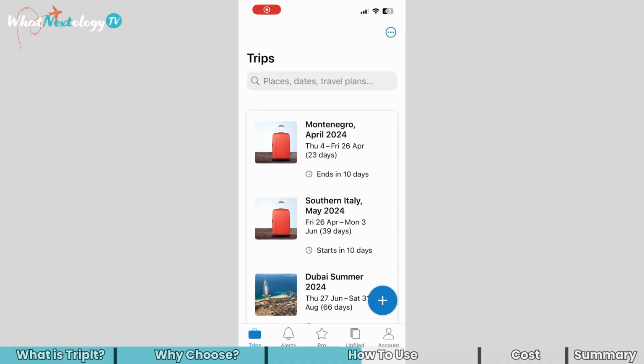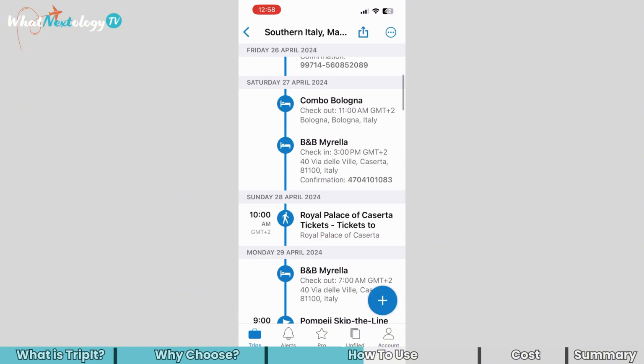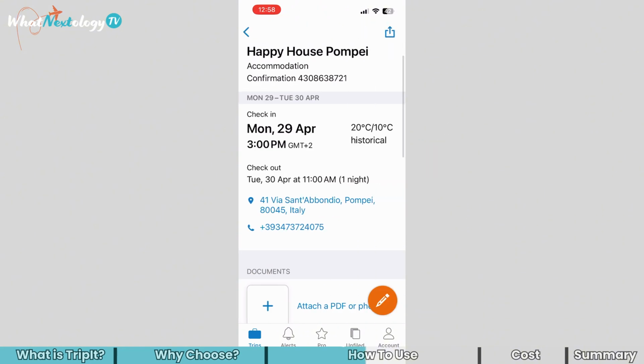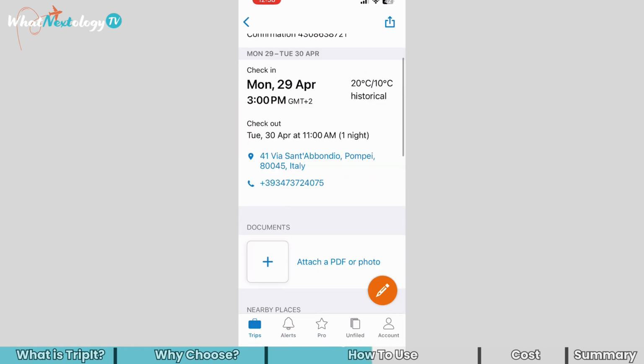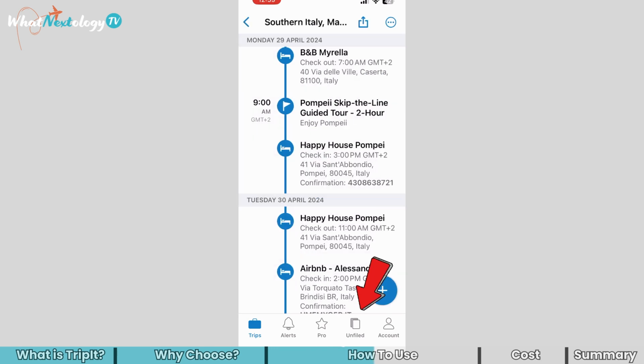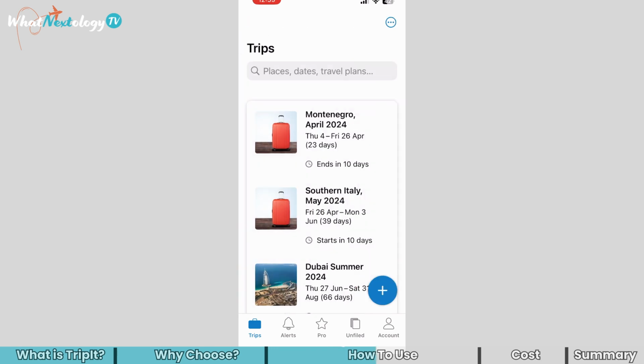TripIt's inbox sync function can automatically retrieve and send email confirmations to TripIt. I've opted out due to my own personal paranoia about giving access to my email box, but you might see things differently. In just a few seconds, your travel confirmation will arrive in the app. If it can easily work out what trip it is linked to, it will just appear in that trip, like magic. Or if not, it will stay in unfiled until you allocate it to a plan.